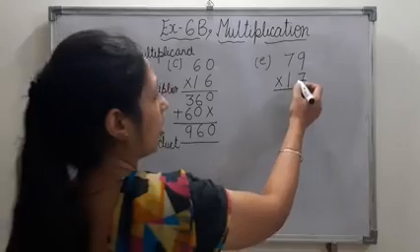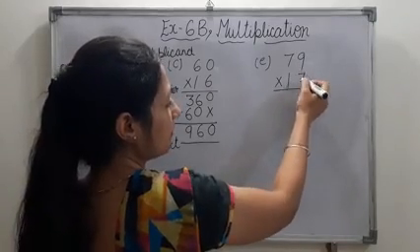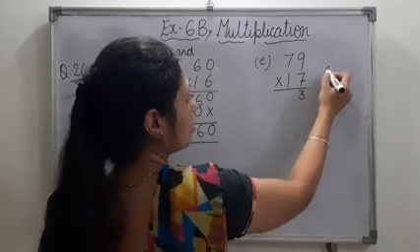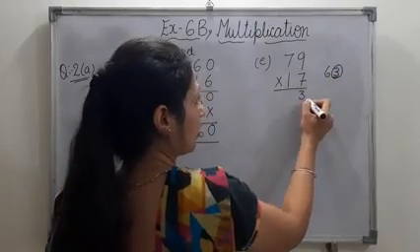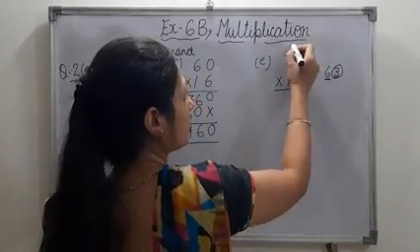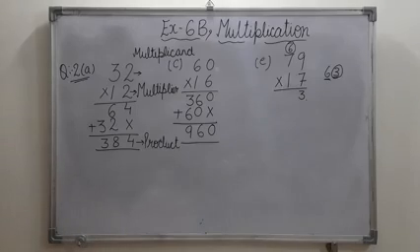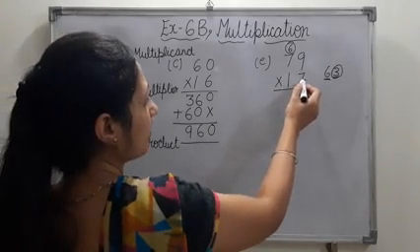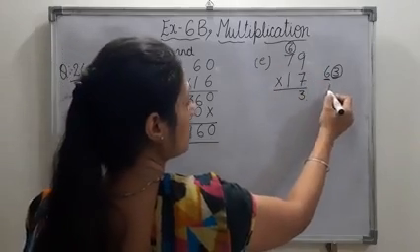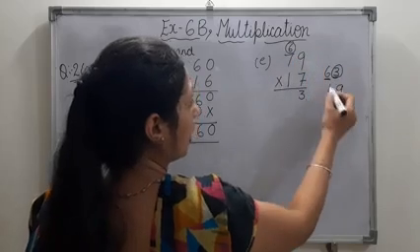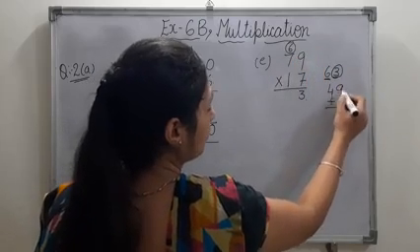Okay. Now we will multiply 9 sevens or 7 nines are 63. So we will write this digit here and this digit is carried over here. We will always write the ones place digit. Okay. Next we have to multiply 7 sevens are 49 and we have to add 6. So what we will get?